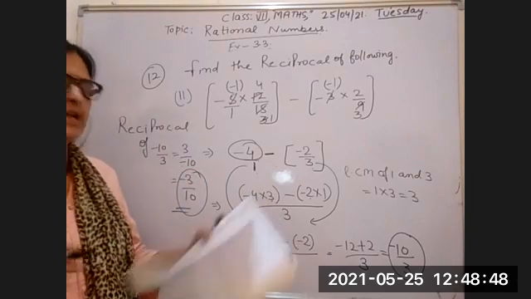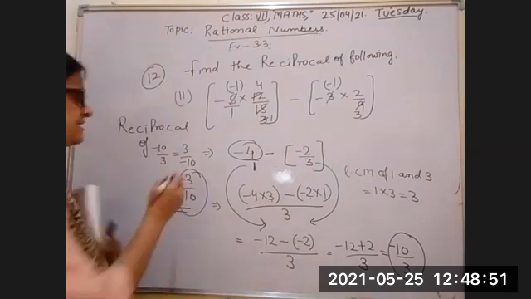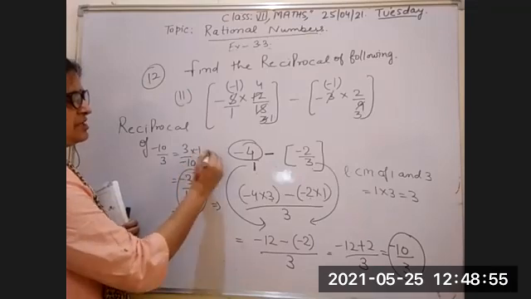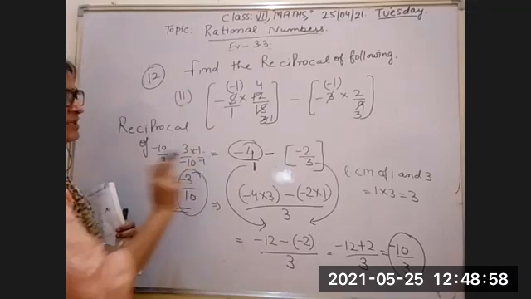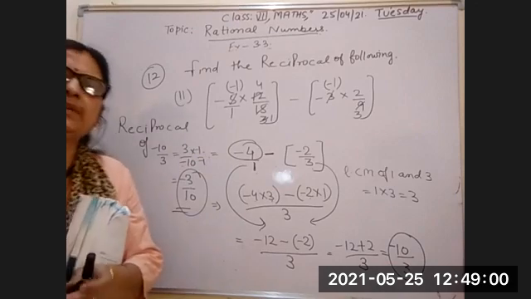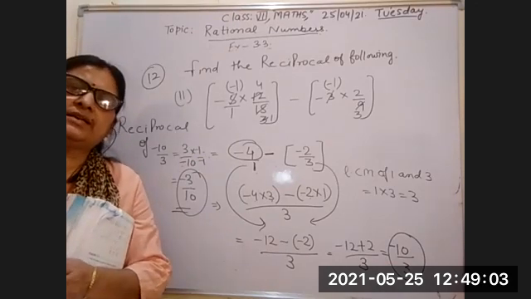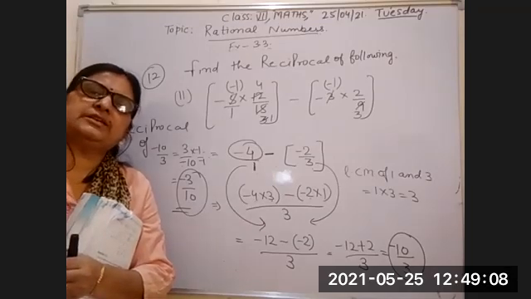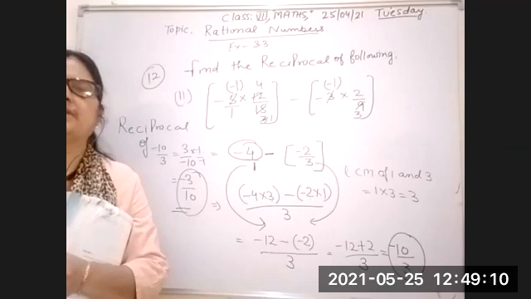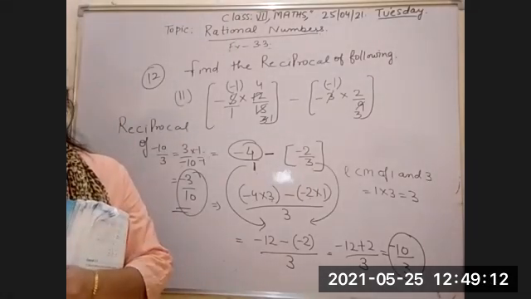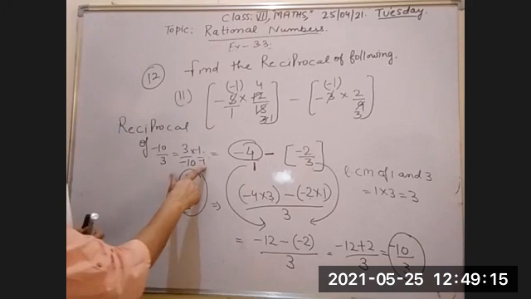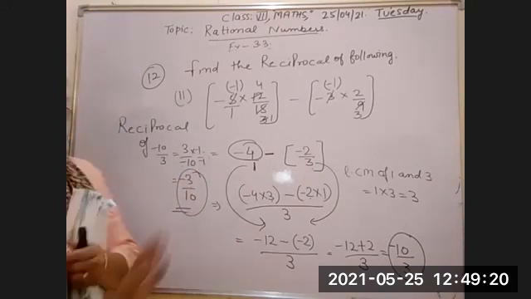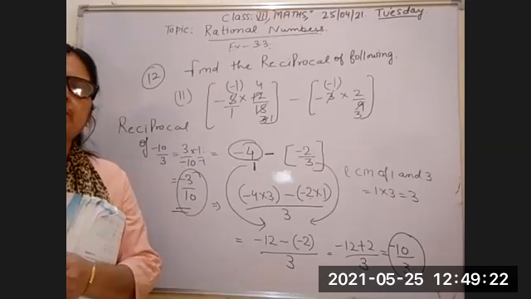So this is the answer of this question. How will you change the minus sign? I have already told you the method: you have to multiply the numerator and the denominator by the same number, -1, and you will change the denominator into a positive number. When you have to change the denominator into a positive number, you use this method and your denominator becomes positive. So this exercise is now complete.